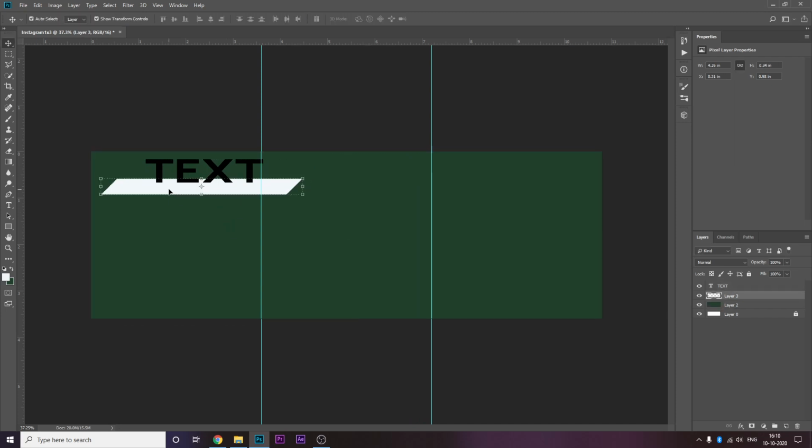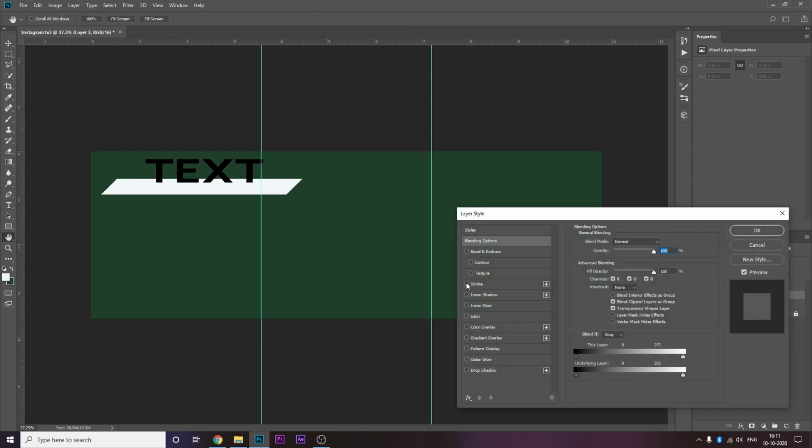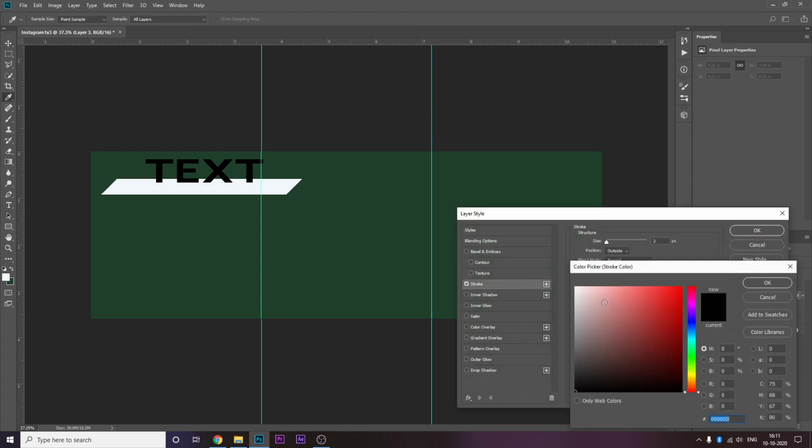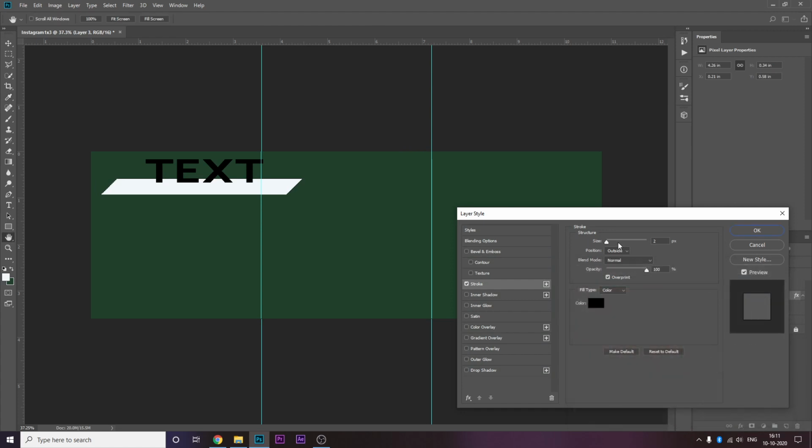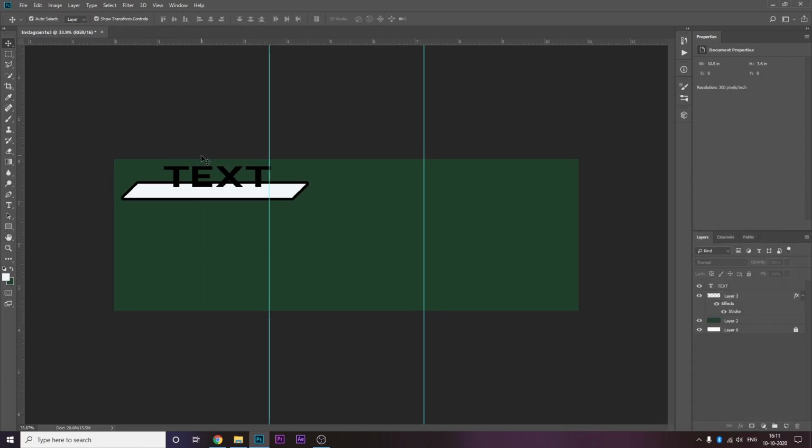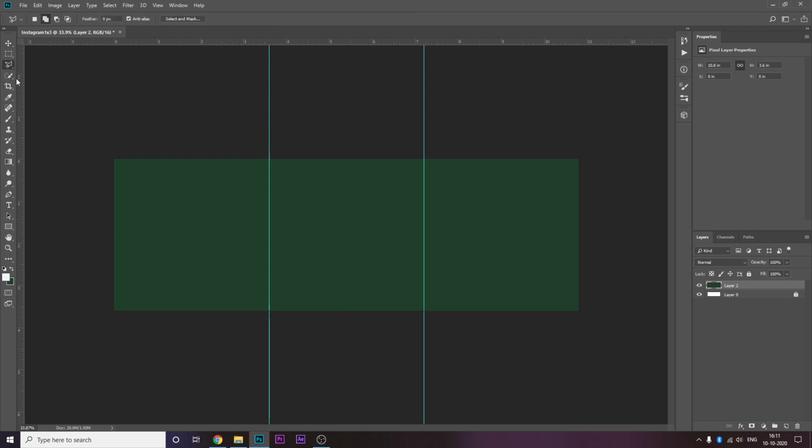Now, if you can see, this acts as a platform of sorts. If I give it a stroke and I make that stroke a little bit violet and a bit dark, it looks decent. It doesn't look magnificent, but this can be used for that as well.